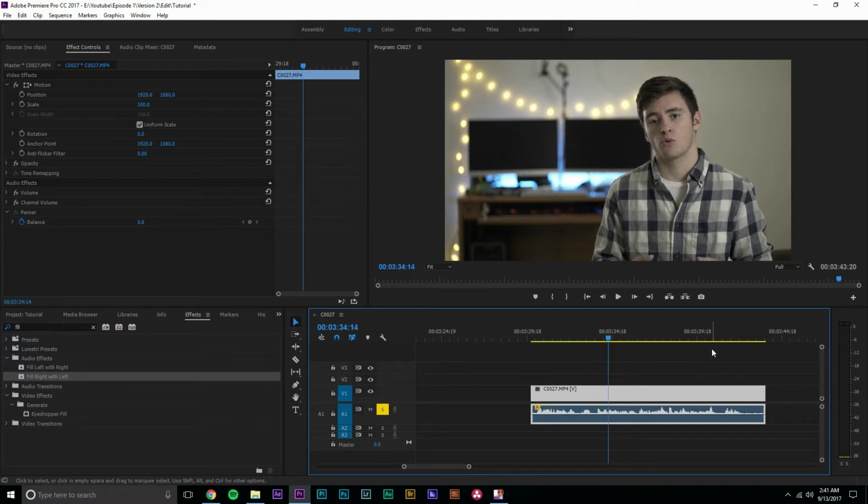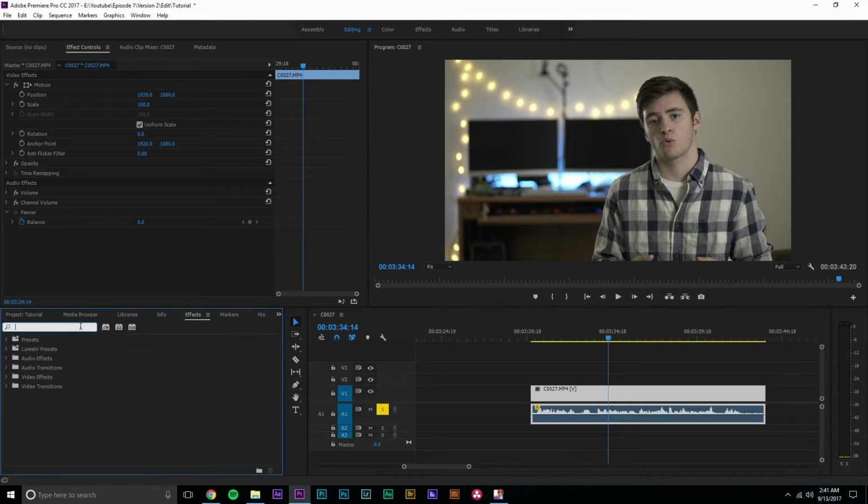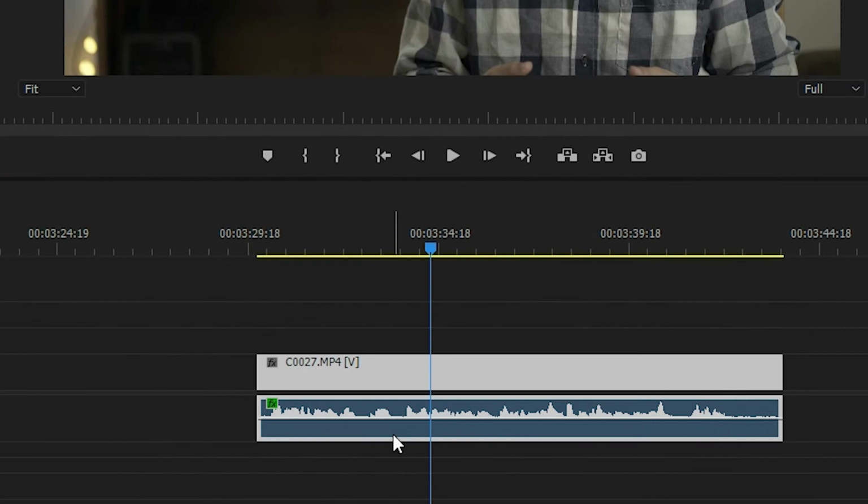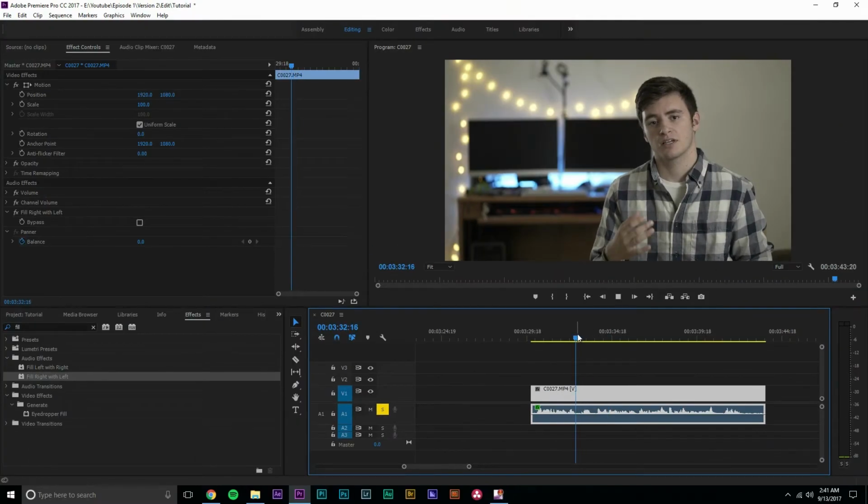So not bad, but the first thing I notice is that over here in the levels panel, I'm only getting feedback from the left channel and not the right channel. So I'm gonna come over to the effects tab here and type in fill. And I'm gonna drag and drop this fill right with left. And now you can hear